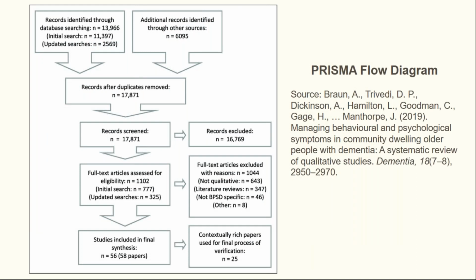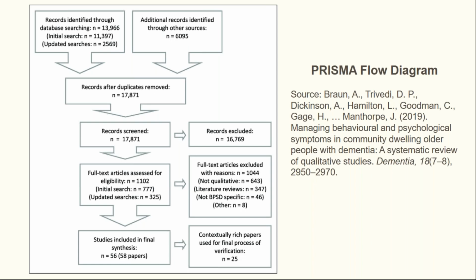so what we're looking at here on this slide is the PRISMA flow diagram from a qualitative systematic review on symptom management for older people with dementia. As a side note, PRISMA is an acronym, of course, for the Preferred Reporting Items for Systematic Reviews and Meta-Analyses. And this is what most systematic reviewers follow when conducting and particularly writing up their reviews. So let's follow the process communicated in this flow diagram.